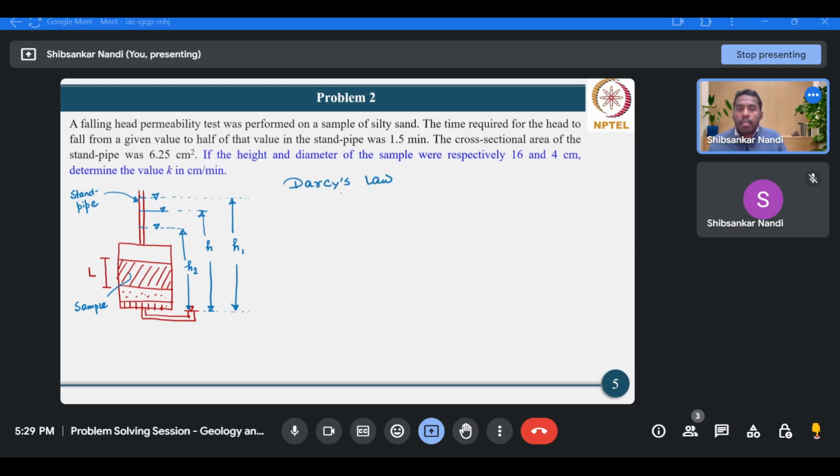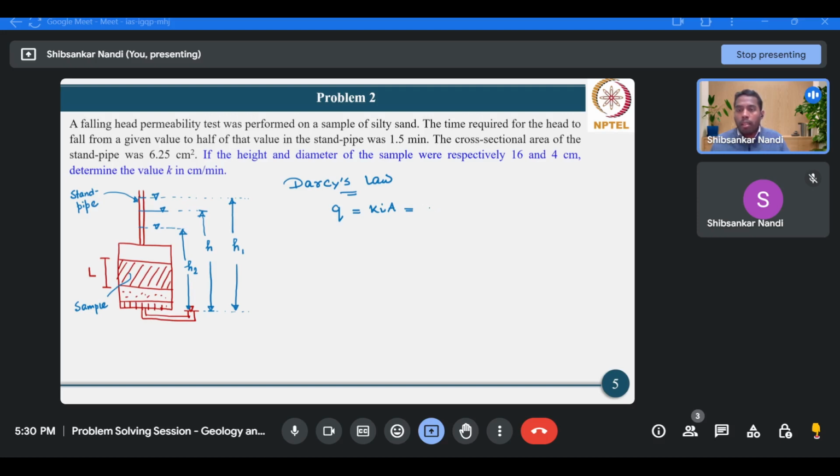So as per Darcy's law, we can write Q equals K i A. K is the hydraulic conductivity, i is the hydraulic gradient, and A is the gross cross-sectional area perpendicular to the direction of flow through which the flow is occurring. Okay, and this rate of flow can be equated to